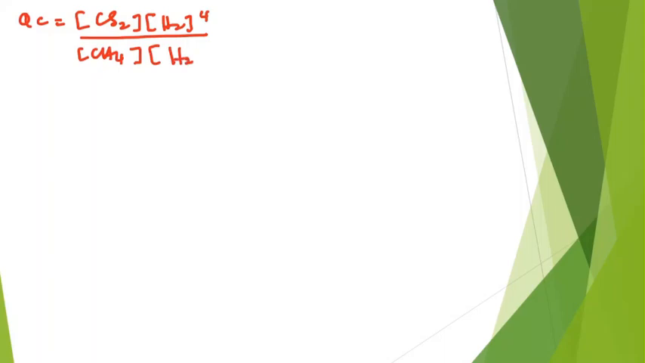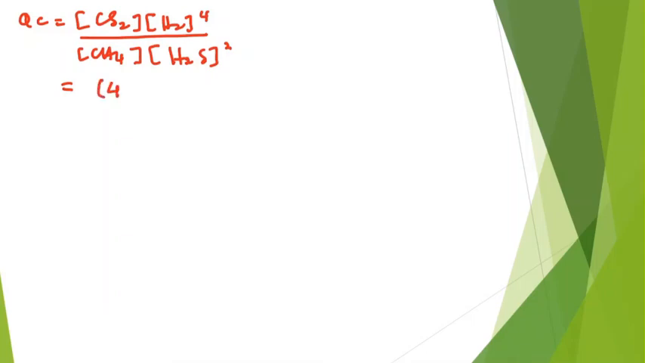QC is equal to, always start with the expression, the concentration of CS2 multiplied with the H2 to the power of 4, over the concentration of CH4 multiplied with the concentration of the H2S to the power of 2. Plug in the value,